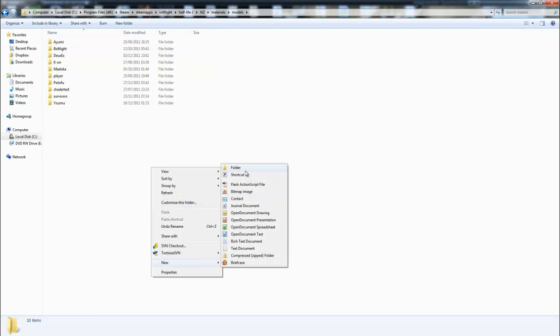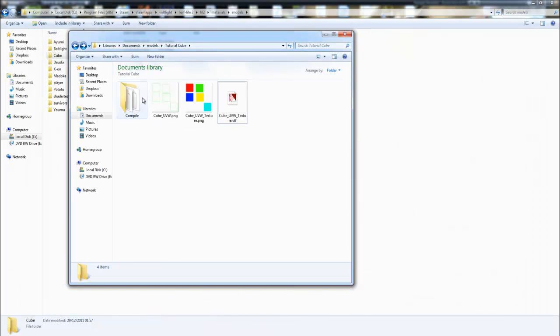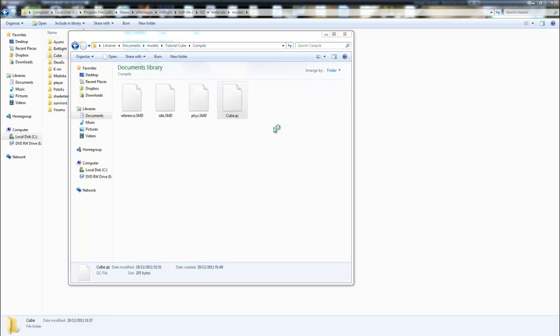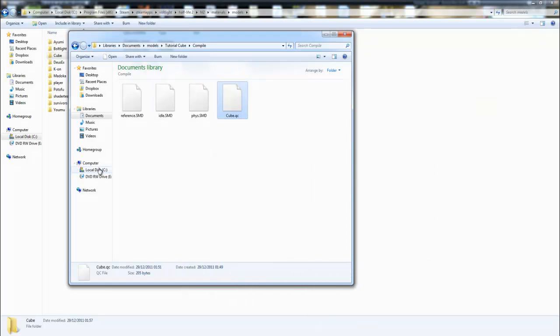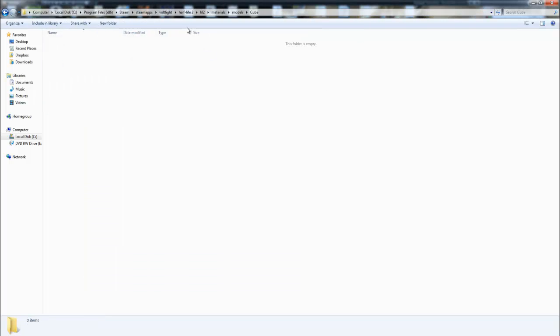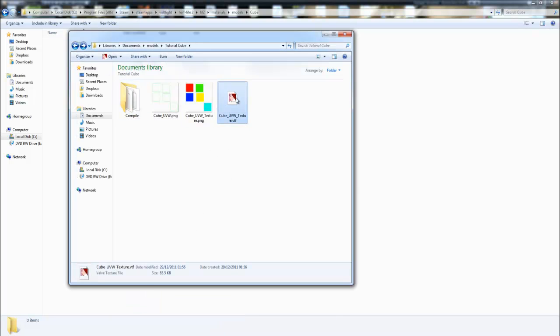I'm gonna create a new folder called cube, and the reason for this is because in our QC, which we have here, if I open that up, you're gonna notice that we put our materials, cdmaterials cube in models. And that's what this is. This is our directory. So just gonna copy our texture across, the VTF,